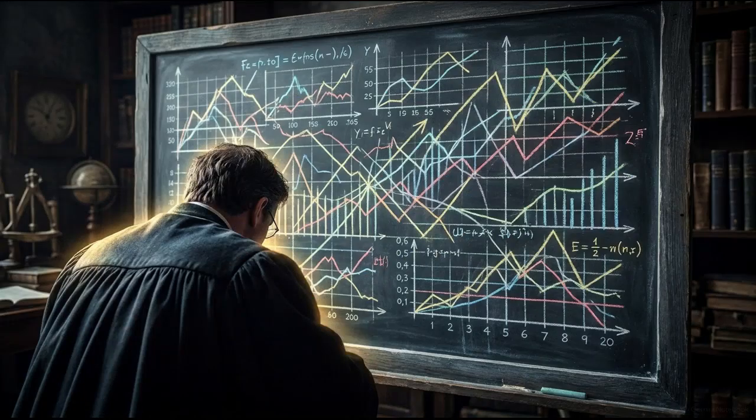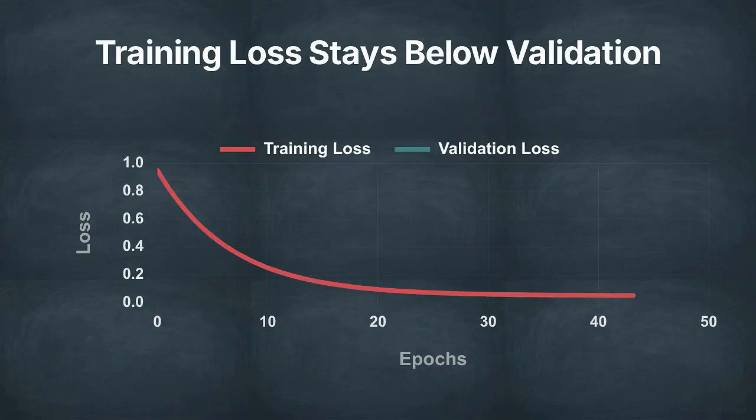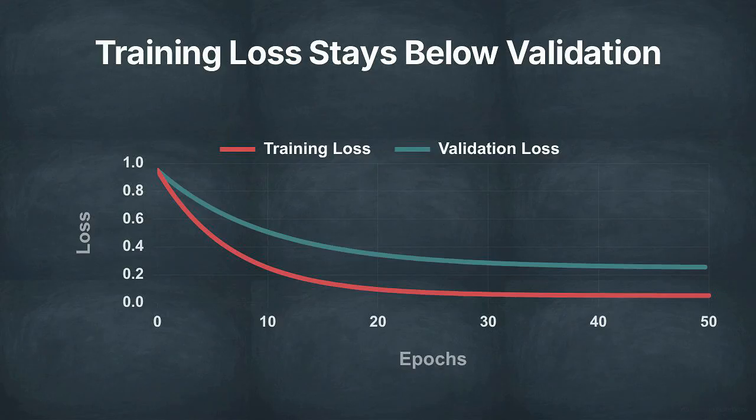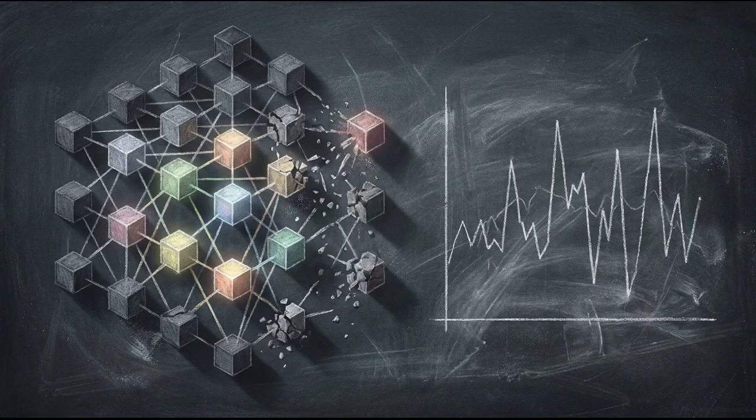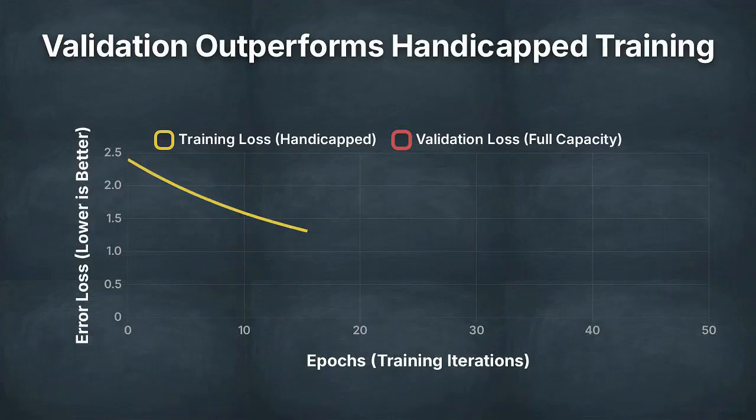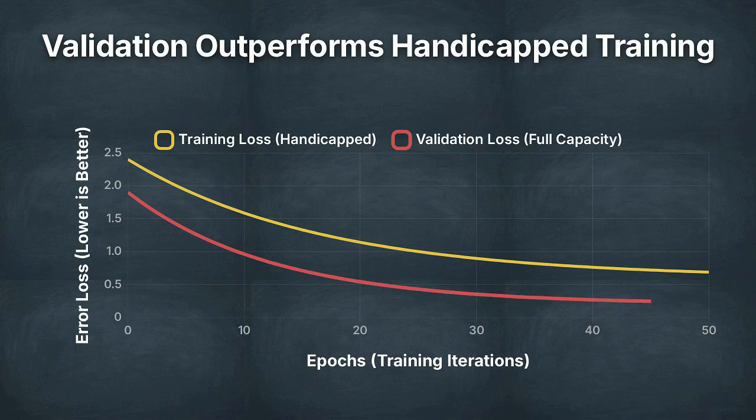This handicap changes how we interpret the loss curves on our monitors. Usually, a model's training loss is expected to stay below its validation loss. But because Dropout only runs during training, the network is operating with missing neurons, which artificially inflates its training loss. This graph shows the result. During validation, the network operates at full capacity with all neurons active. This leads to performance that sits noticeably below the training line, appearing superior to the data the model is actually